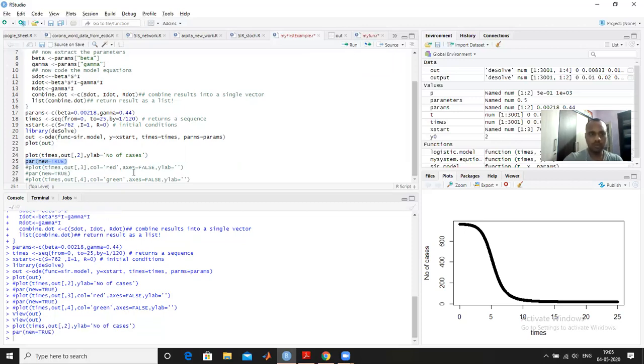So run. There is no output. Now if I run this command, what is this? Time, plot 3 means time versus the third column. What is the third column? In SIR, time was the first column, S was the second column, and the third column is I. Now it will be the infected individuals. And col for color,